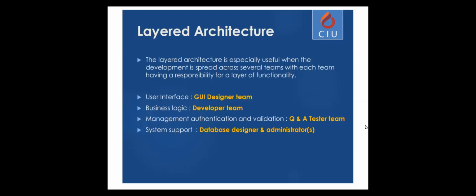And there are 4 layers in the layered architecture. These are user interface, business logic, management and validation, which is basically kind of like the quality assurance step of it, and finally persistency, where the database or other layer of data will stand.